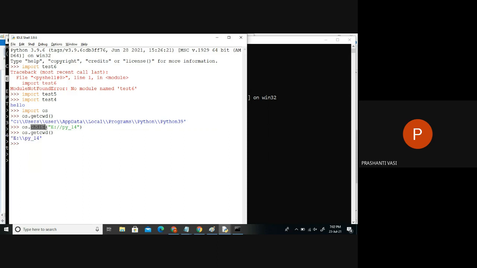These functions, to find out where I am currently standing or to change to some other directory, are found in a library called OS. So first import OS, and from that you give the instruction to change the directory or to find the current directory. Once we have changed to the E drive, inside it we have this file. So we have to go to the correct location and then call the file. Otherwise, we'll say the file is not available, like how we got it in the beginning. When we just directly call it, it will not be callable. We have to move to that location and only then import the file, right?